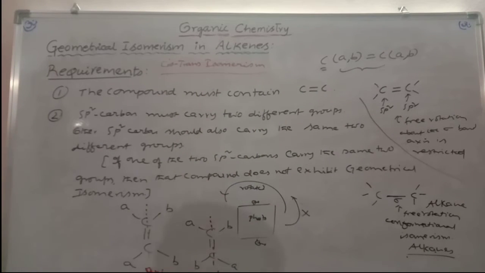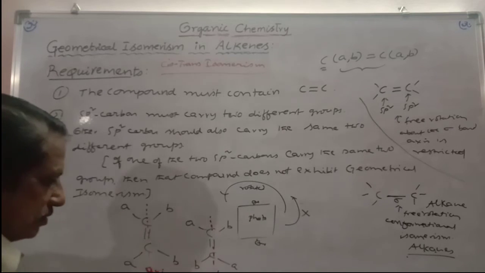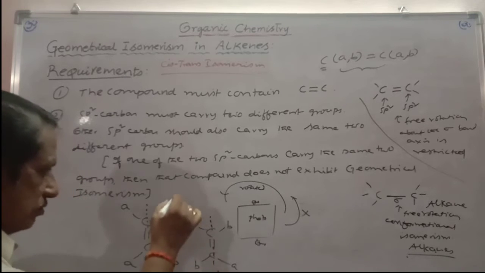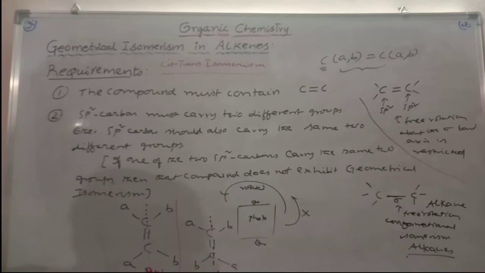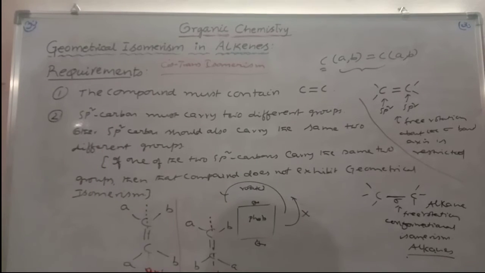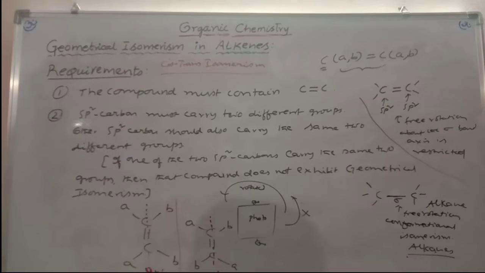So this is the way. So CAB, AB, and this is the cis arrangement, cis alkene, and this is the trans alkene, because alkene must be there. This is trans alkene and cis alkene. 2 types of isomers will be present there. There is no more spatial arrangement. This is the way of spatial arrangements whenever ene is present and the 2 sp2 carbons are carrying different groups. Now, let us take the examples for this. Please note it.